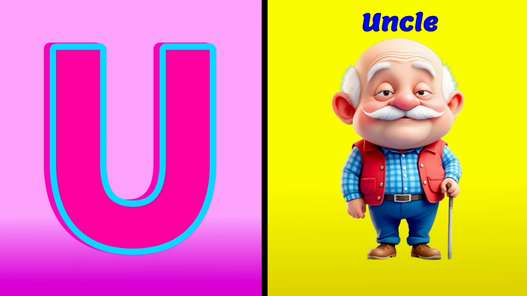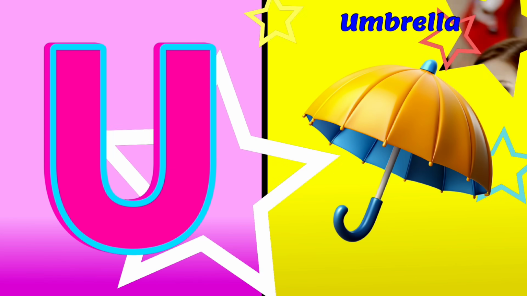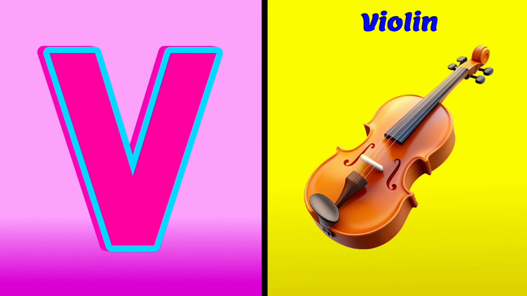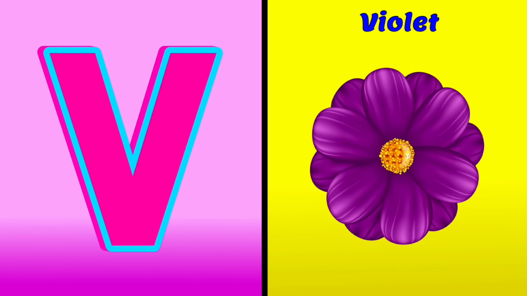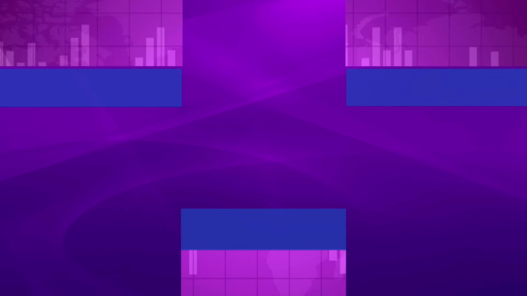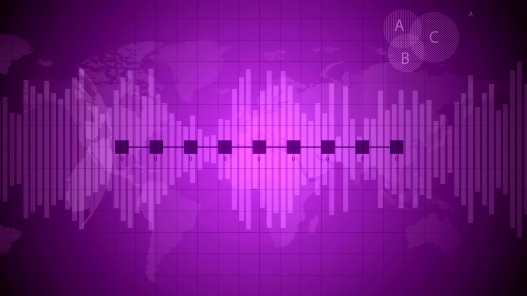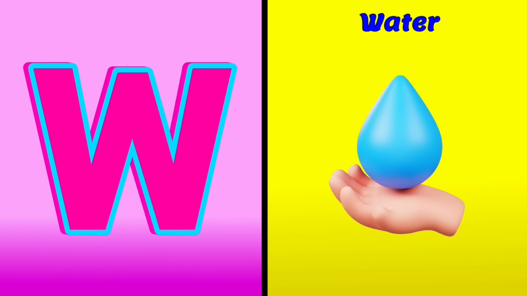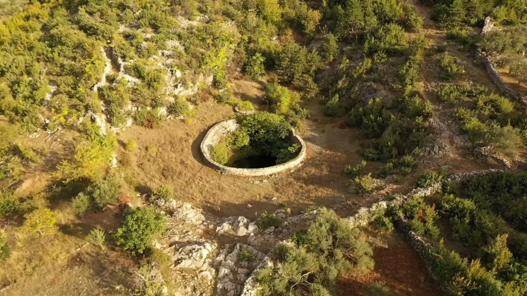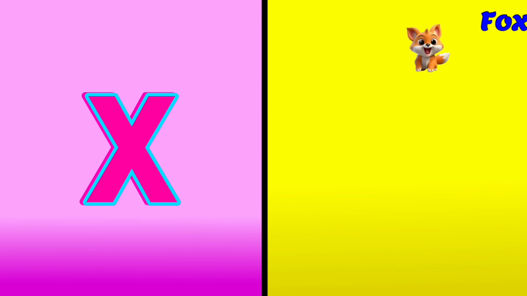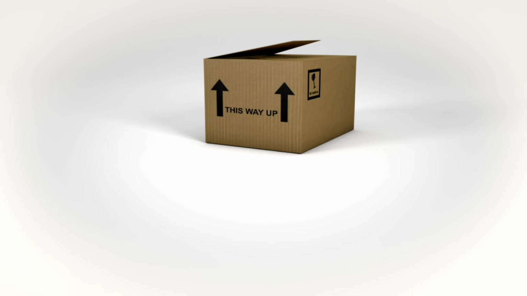U for uncle, U for umbrella, V for violin, V for violet, W for well and W for water, X for box, X for fox,